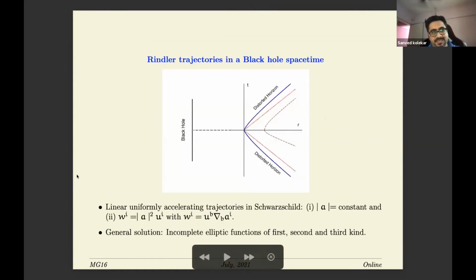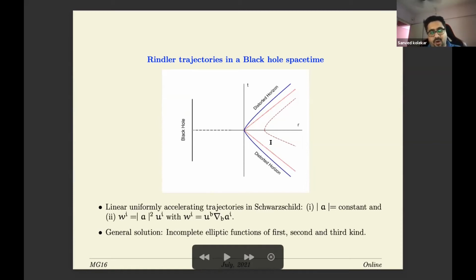So the picture is the following, what we want to try to understand. The red dotted curve over here is the usual Rindler horizon in flat space. But now let's say you introduce a black hole over here. This is just a schematic picture, not the exact solution. If you introduce a black hole, let's say far from this particular observer, then you would expect the picture to distort. The horizons would be distorted because now the motion would be following the geodesic motions in the Schwarzschild background solution. And this red dashed curve which I have shown over here is some sort of distortion of the Rindler trajectory. So we would try to understand what happens to this Rindler picture in the background of the Schwarzschild geometry.